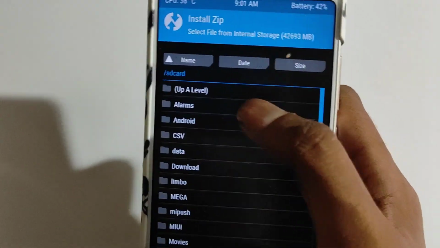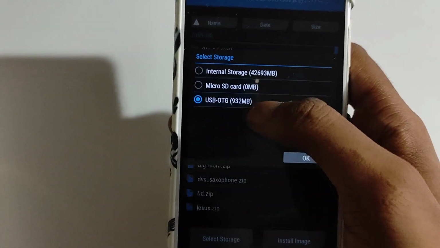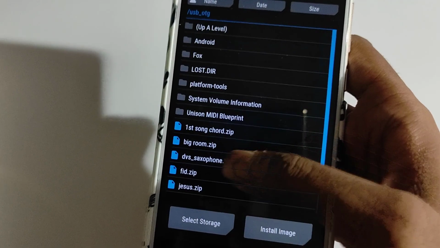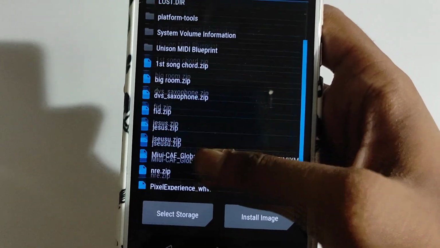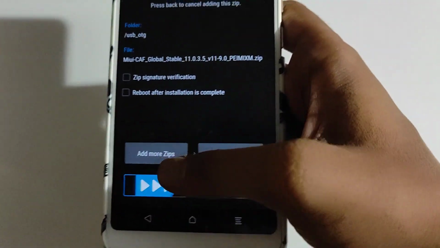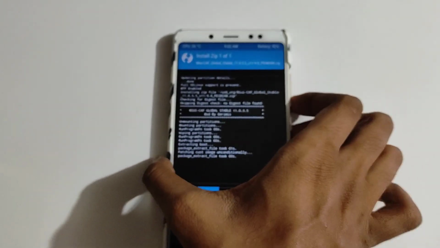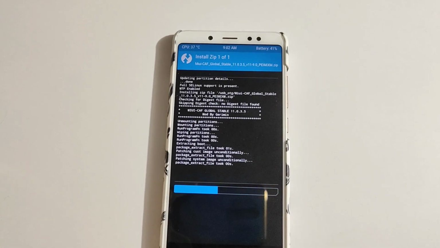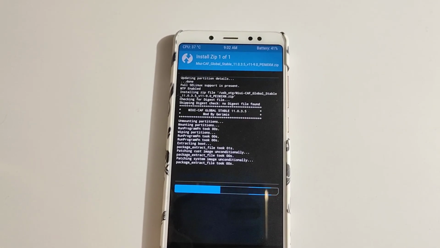So now go to the install, click on the select storage, and now as you can see the OTG is showing me. Now press the swipe and you're done. So now wait 5 minutes until it's gonna install. It's gonna take a few minutes to install this zip file.